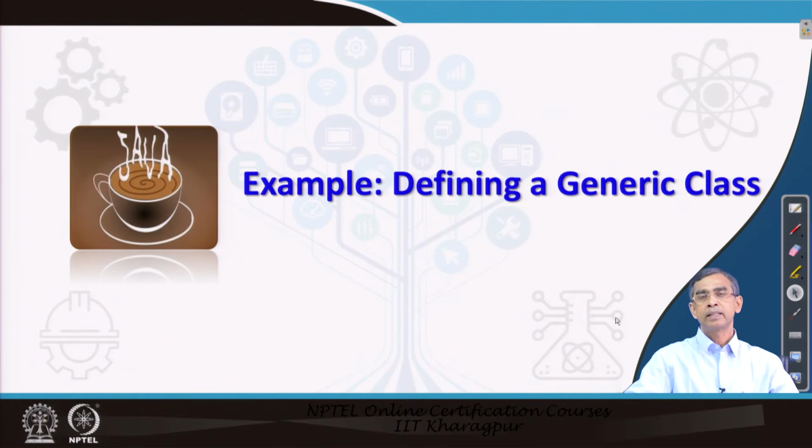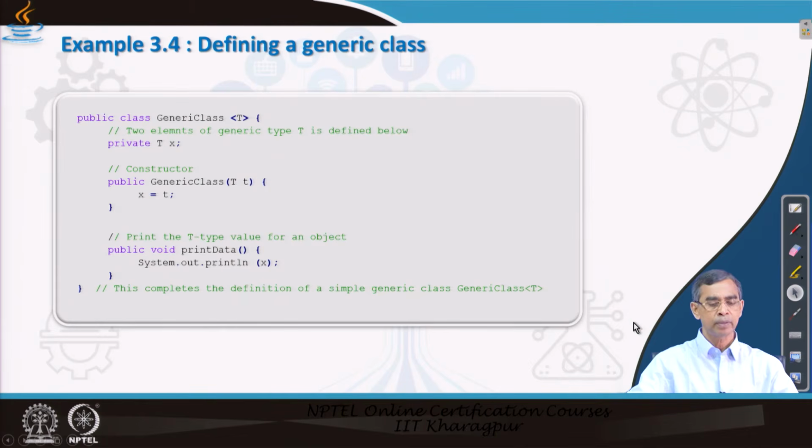Now, we are going to illustrate one example of how a generic class can be defined with the syntax that we have discussed. Just closely look at this program. This is the class we are going to discuss. The name of the class is Generic, and within this angular bracket we mention that this class is a template, a generic class, with only one template. That means this program will take care of one template type of data, generic type of data.